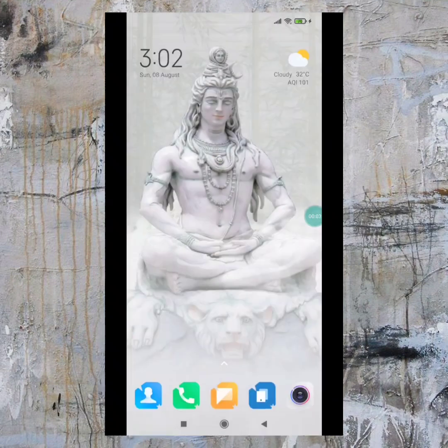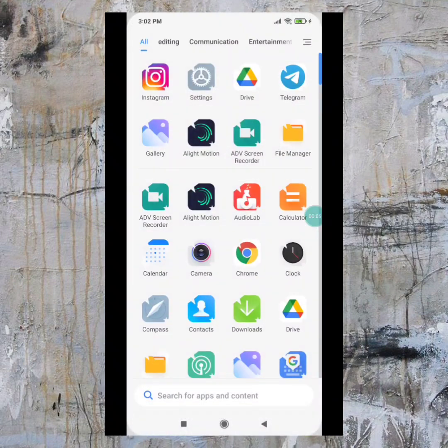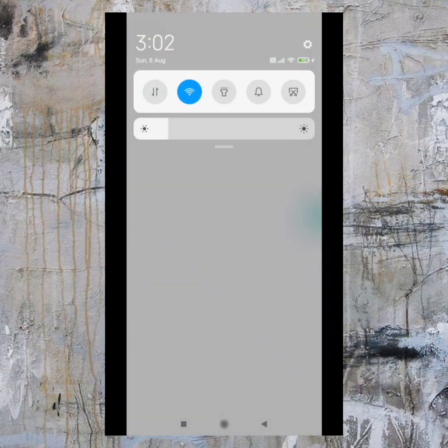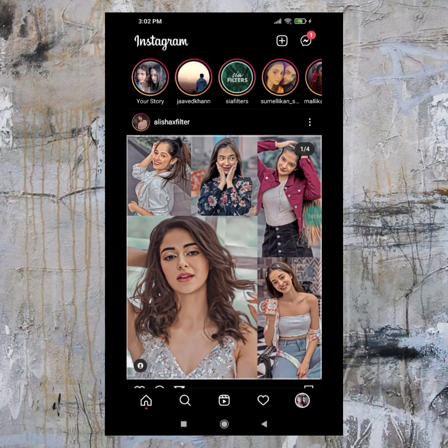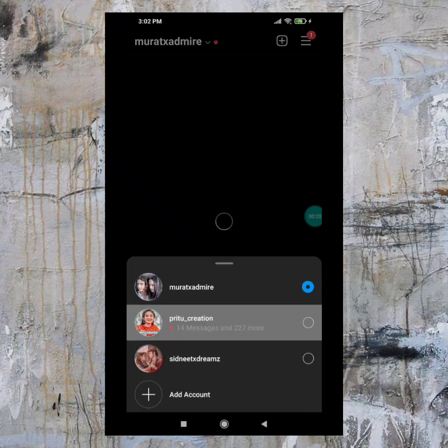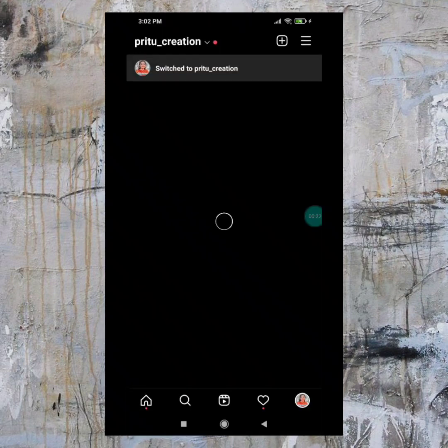Also beside these questions, I get a query that you don't get the option of Alight Motion when you click on send a copy. For that, you have to download this special APK. The APK is given in my story highlights.